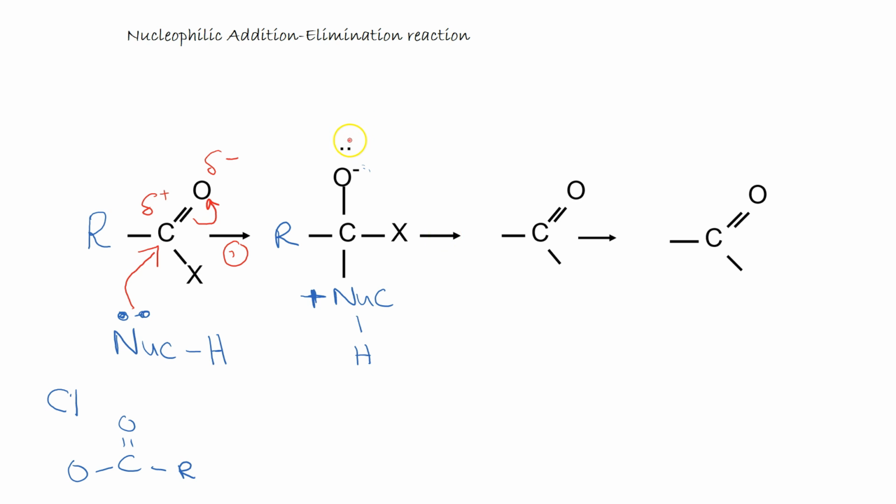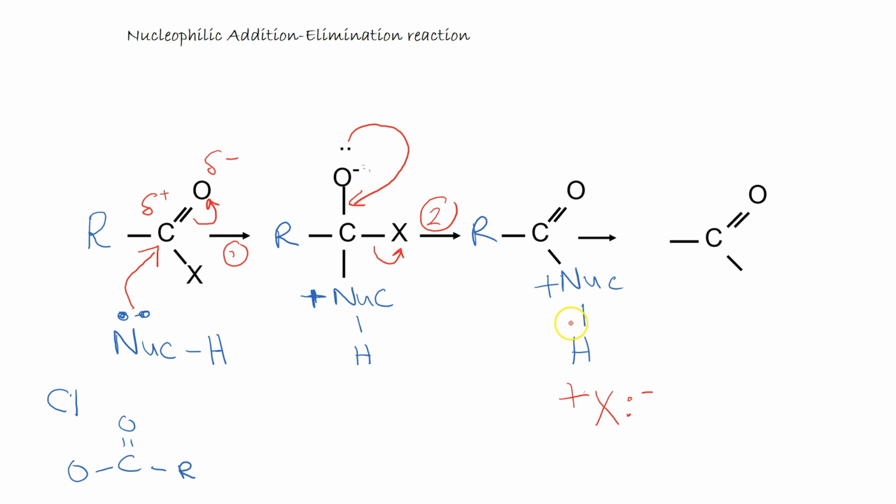So the lone pair of electrons on the oxygen goes back in to reform a carbon double bond oxygen bond, and the bond between the carbon and the X group here goes towards the X group. This second step is called an elimination reaction because we have the loss of X minus. What we now have is an almost complete product with a newly attached nucleophile, but this nucleophile has got a positive charge,